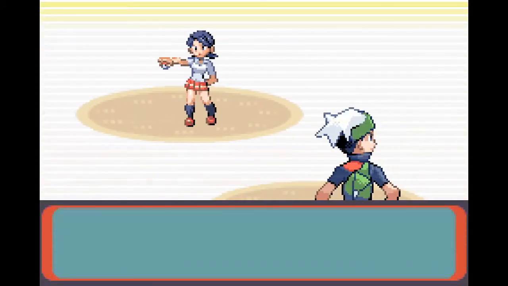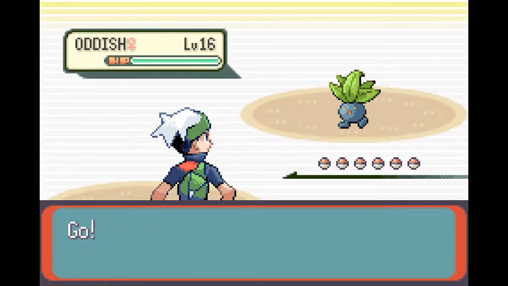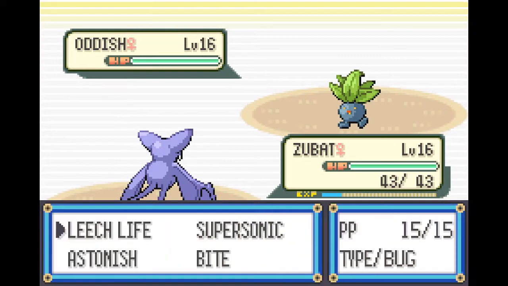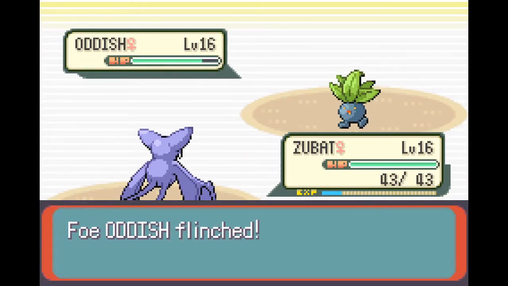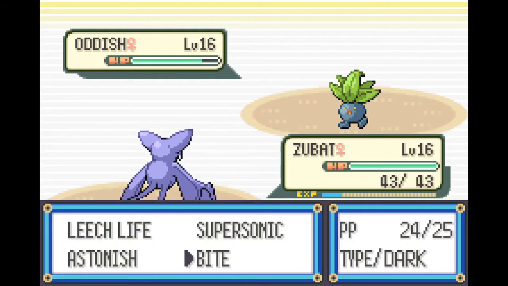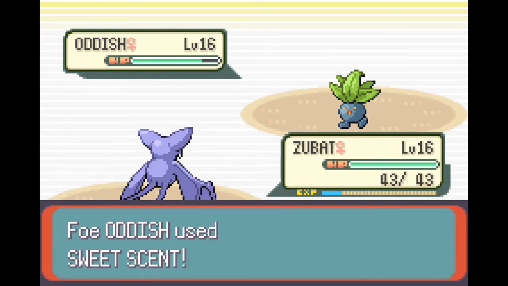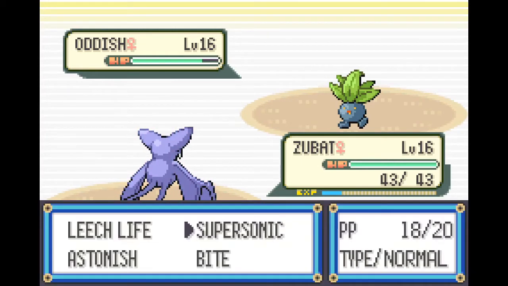So after each gym badge we can come back here and complete another one, and mostly the rewards are not particularly good. I think there's a Rare Candy at one stage, and a few useful items, but mostly they're pretty bad. And as you can see, Bite does kind of next to nothing, so I'm going to use Supersonic. I would like to start using Zubat, and it's quite nice that it can't be poisoned by Poison Powder from Oddish, so